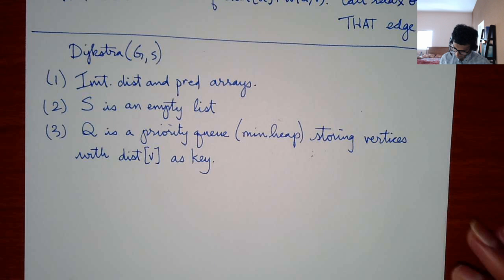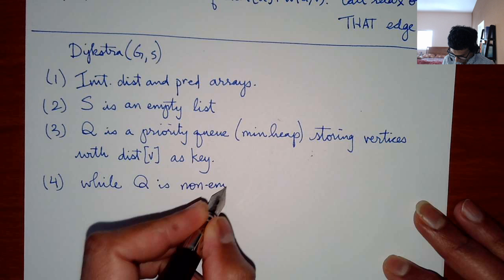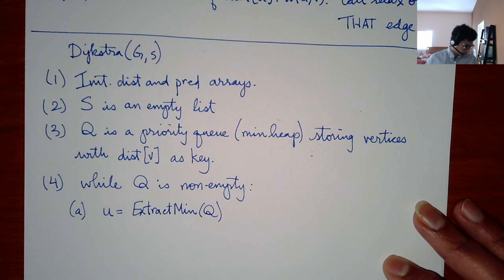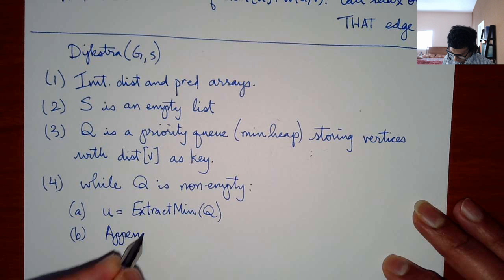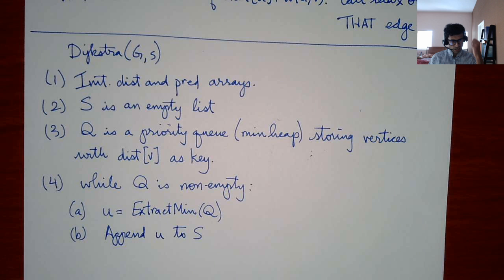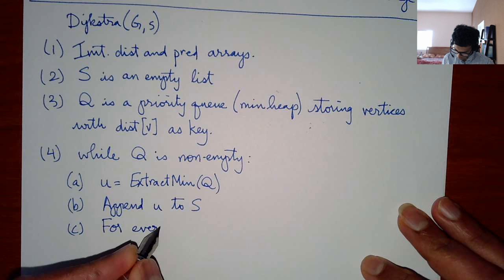Now this is where the main work happens. While Q is non-empty, step A is, first it does an extract min from the queue. It's going to do an extract min on the queue. It's going to append U to S. So whenever it actually takes something from the Q, it says, I've actually discovered the shortest path to that. And then for every